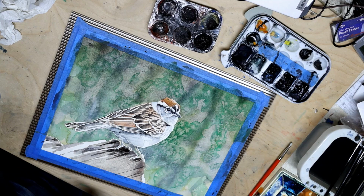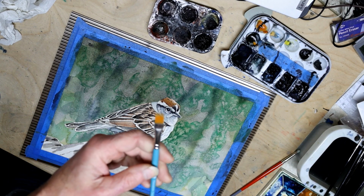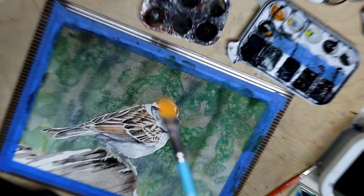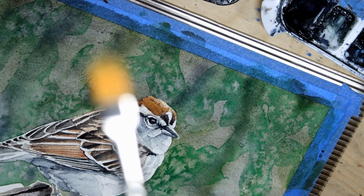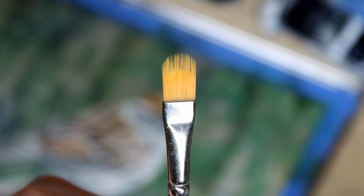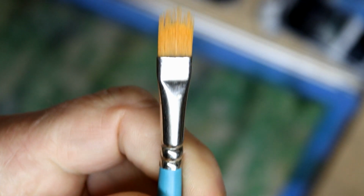You may remember that, there it is right there. This is actually called a grainer. That's my filbert grainer right there, and you can see the gaps in the bristles. This here is my number 4 super shader, this is called. It's also got gaps. They're kind of glommed together. It's got gaps in the bristles, and either one of these will work quite nicely to